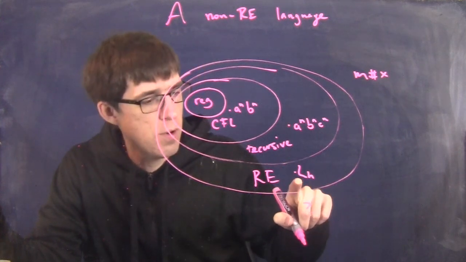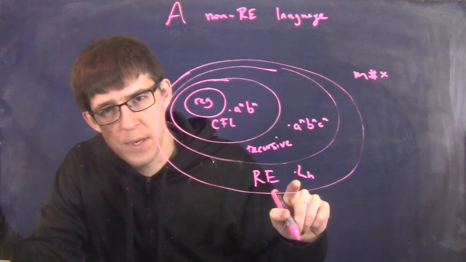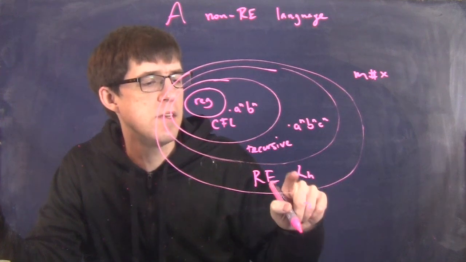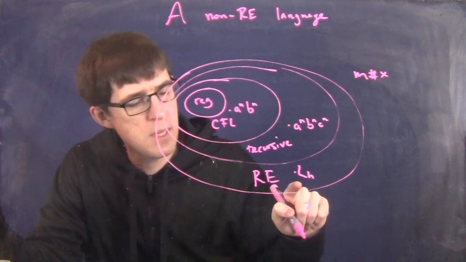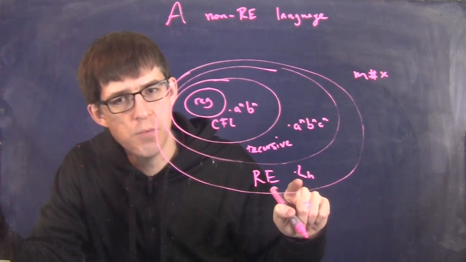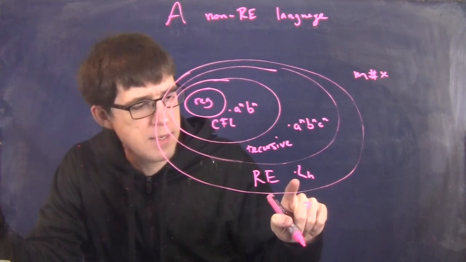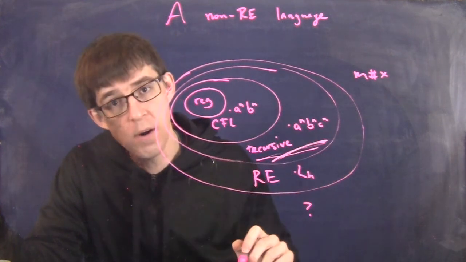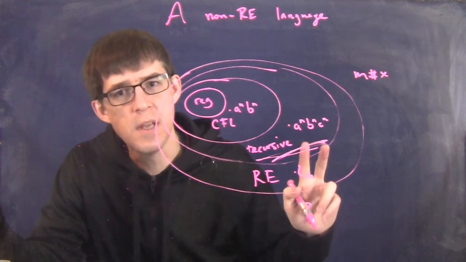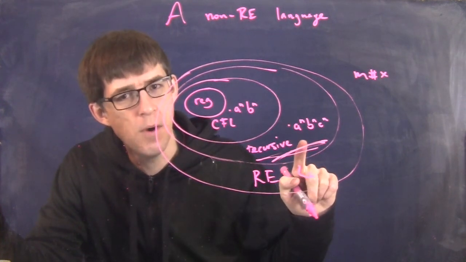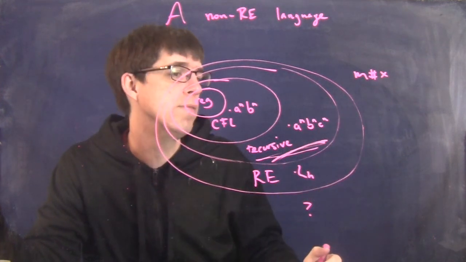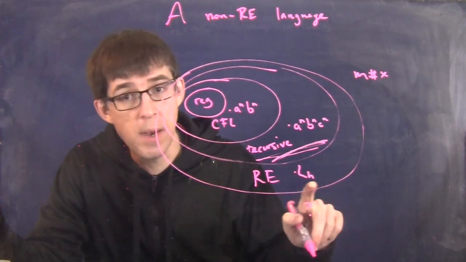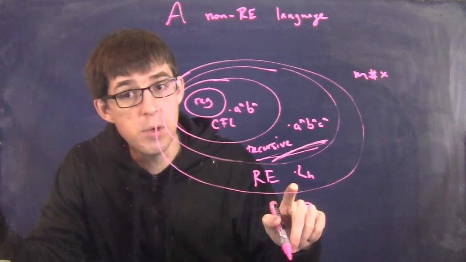Already things in this category, RE but not recursive, you should view as sort of being impossible for practical real-world computers. The fact that it's here but not here means, yeah, you could make a Turing machine that computes it, but sometimes that machine would have to run for an infinite amount of time, and that is not practical. So the universe of practically computable things would be in here, at least from the point of view where practical means finite time. Of course, finite time often is not practical because that finite time might be very large. But anyway, something in this category you should view as impossible for a real-world computing machine to do.